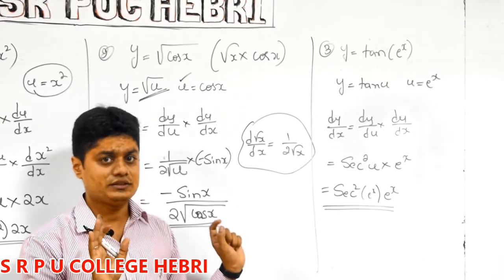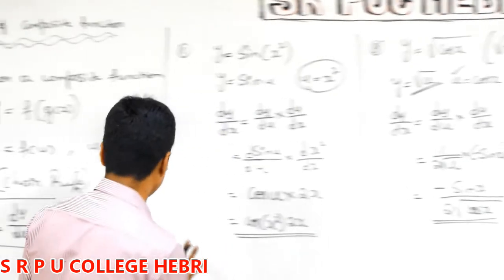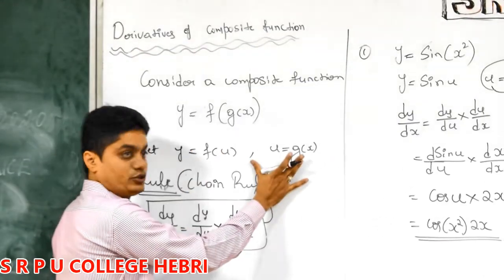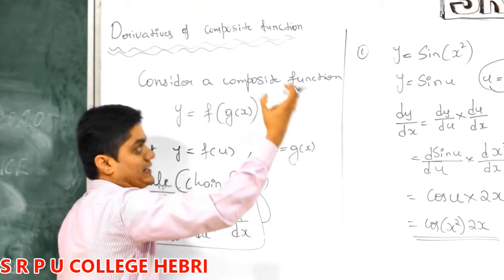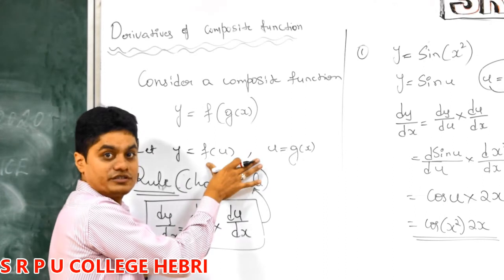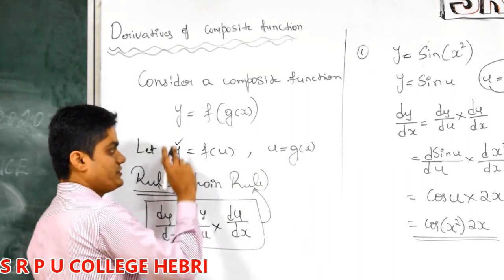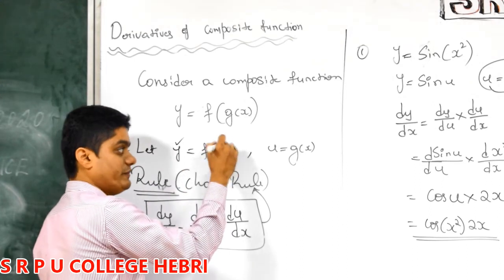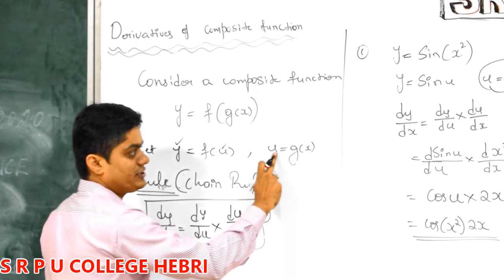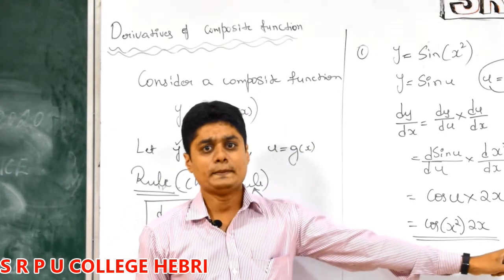I'll recall once. Okay, the formula you remember. Actually there is nothing to memorize but the logic to understand. What is the logic? First separate the two terms, extract the inside function, identify how many functions are combined and what the inside function is. Then first you differentiate y with respect to the variable used in the function, which is the independent one, dy by du. Next, u with respect to x. So just remember this and practice problems like this.